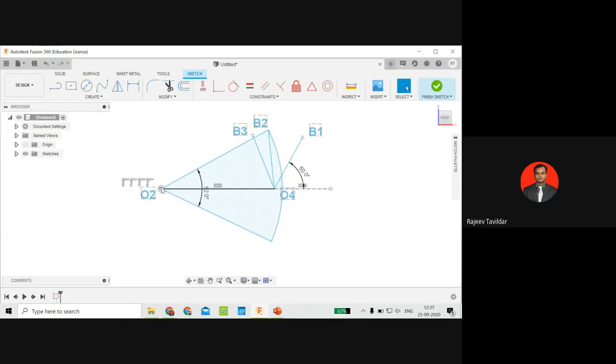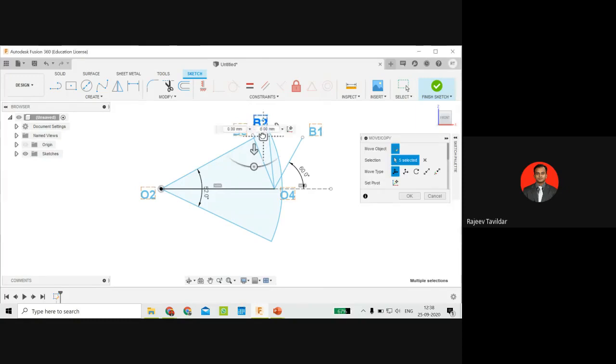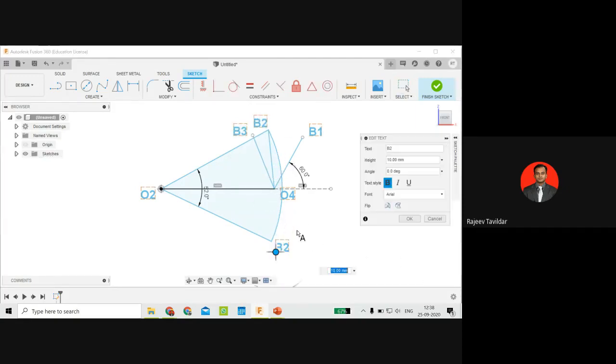I've joined a ray O2B2. This is the ray here which I've highlighted. Then I've rotated this ray backwards by an angle of psi 2, which is 52 degrees, so that I can get B2 dash. I'll show you where this B2 dash is. Here. So this is B2 dash, what I've got. Please let me know if you have any doubts here.